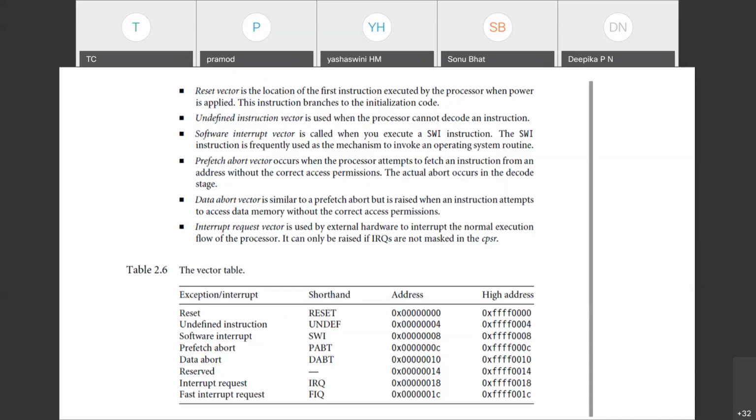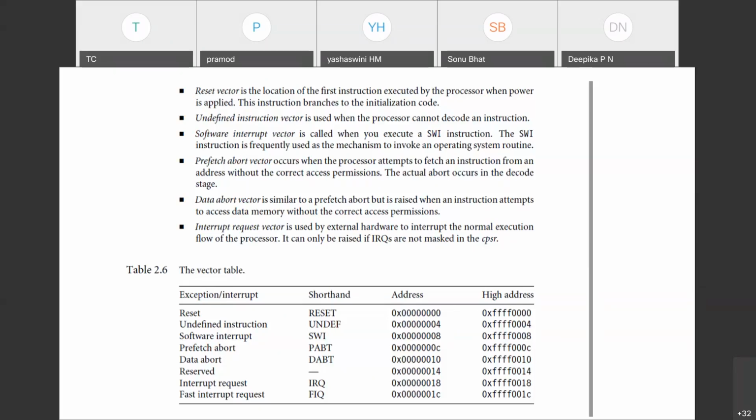Call it an exception now. If a reset exception is raised from an external device, what is the meaning of reset? It is the location of the first instruction to be executed by the processor when the power is applied. So it only looks at the power.